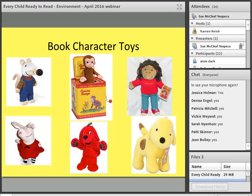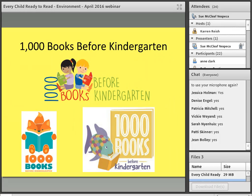Okay, good to go. Let's see, where were we? Book character toys. Okay, I think I'm going to move on to the next one, and I saw different comments on this. Mindy and Jessica, oh no, Mindy has actually done the 1,000 books before kindergarten with her Storytime families this year. Jessica's considering it. Again, I don't have time today to do tons of information on this, but the 1,000 books